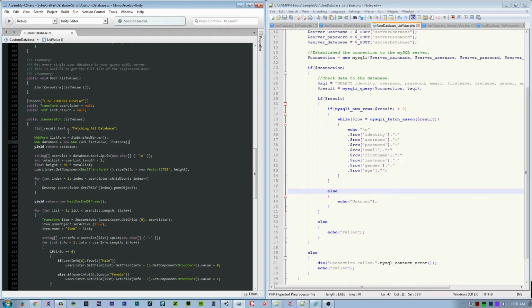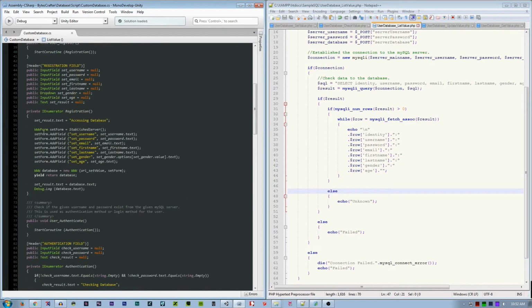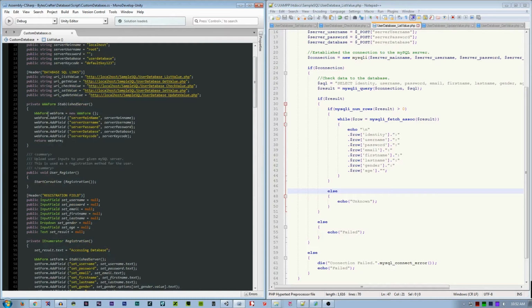IEnumerator, we first notify the Unity is already initialize the fetching of database. Then after that, we create a new WWWForm which is equal to a return method called establish server. Now this establish server, if you did not watch the part 3, is like a WWWForm.